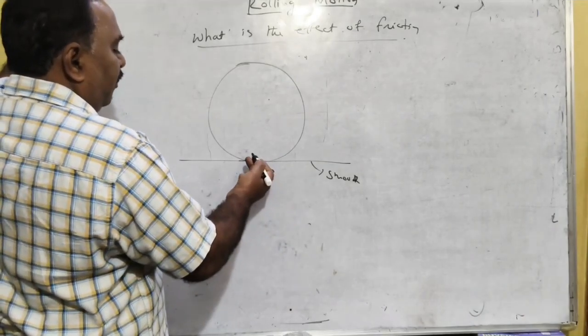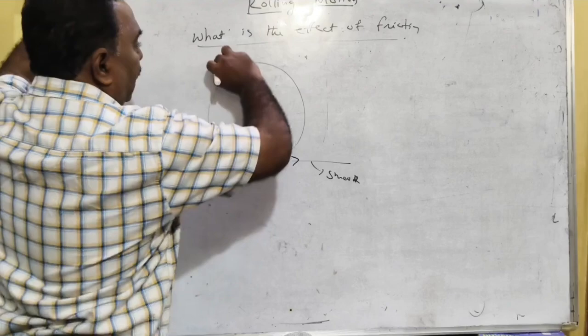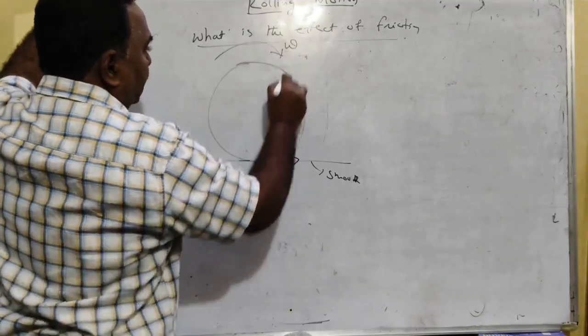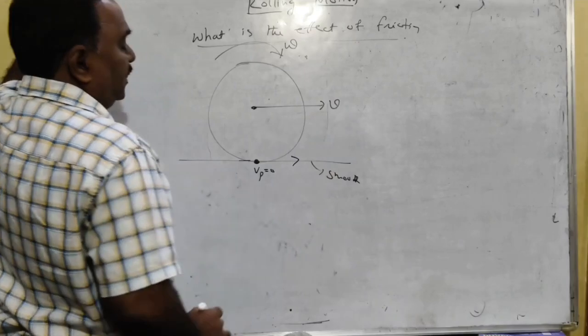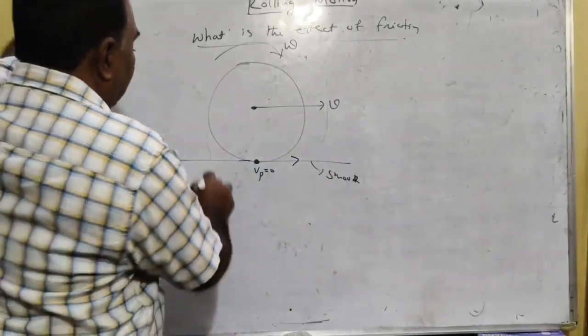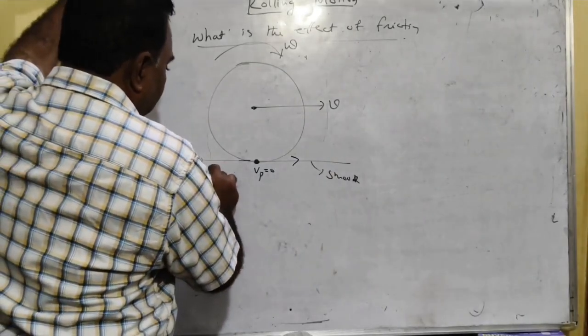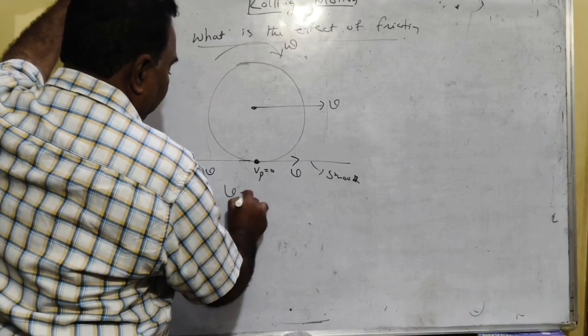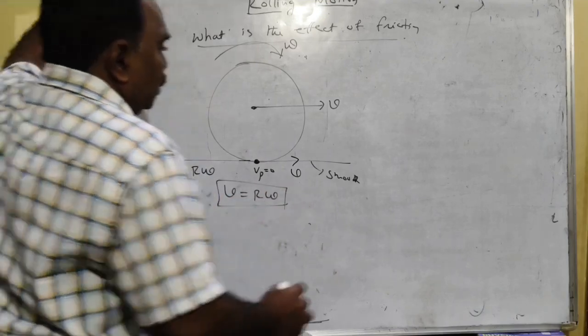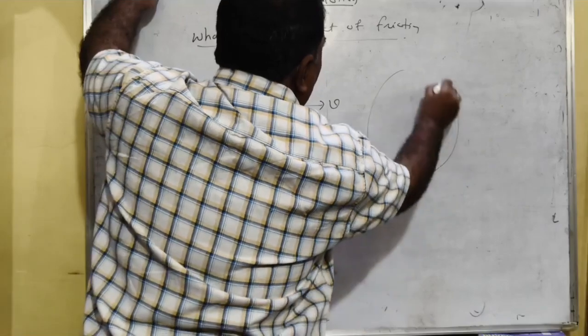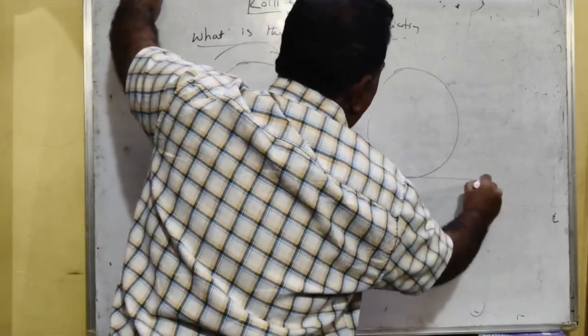Therefore, if Vp is equal to 0, and the body is rotating with angular velocity omega, it will have the tangential or transversal velocity v. Therefore, r omega in this direction, v in this direction. Obviously, v is equal to r omega. In case 2, the same body will be